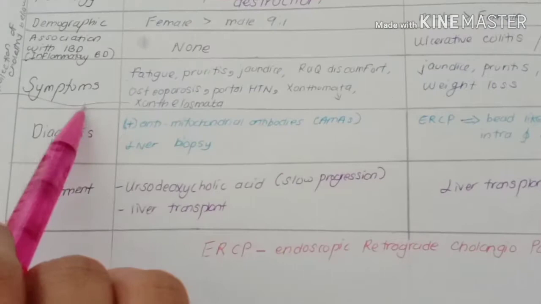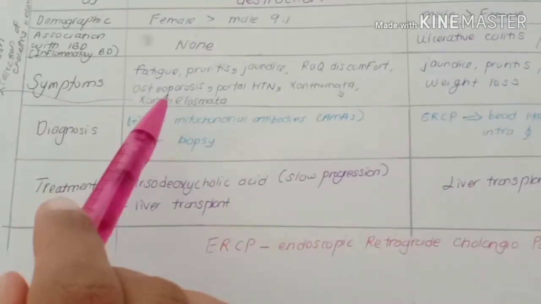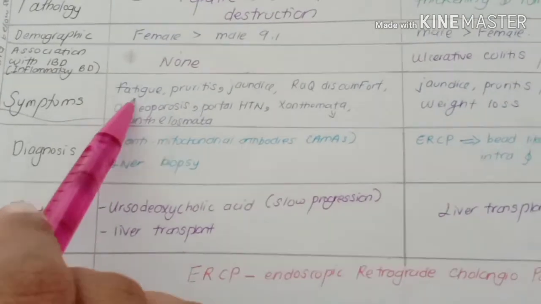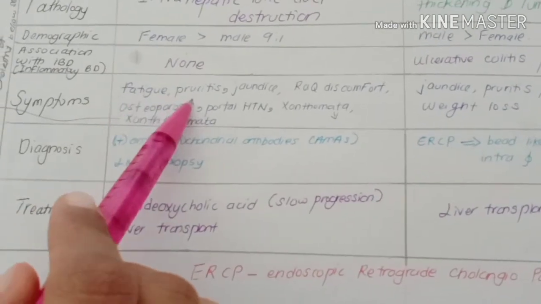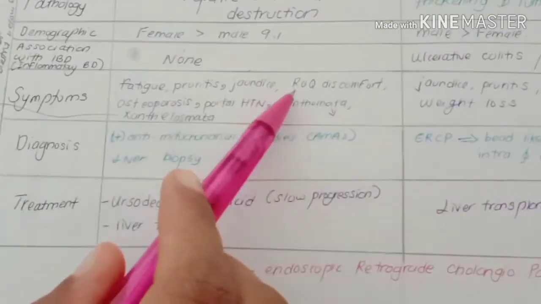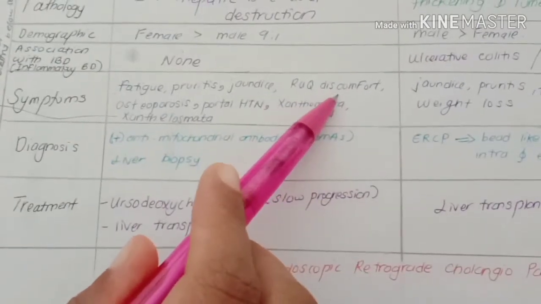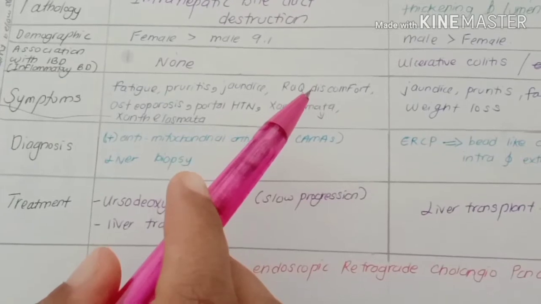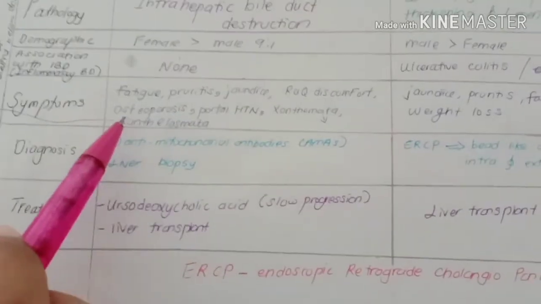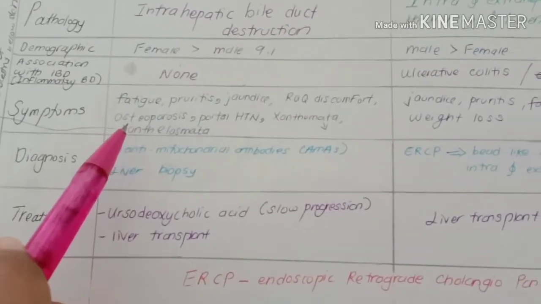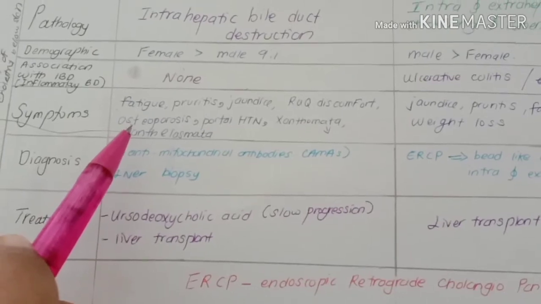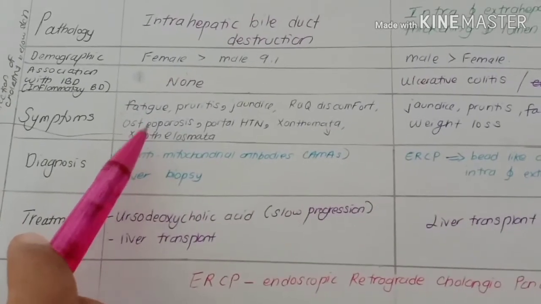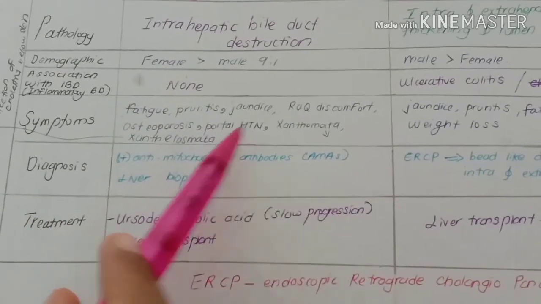Next we will go to the symptoms. For primary biliary cirrhosis, we will see the symptoms are fatigue, pruritus, jaundice, right upper quadrant discomfort or pain in the upper right abdomen, and also osteoporosis, which means weak and brittle bones, which leads to fracture later on. Portal hypertension,